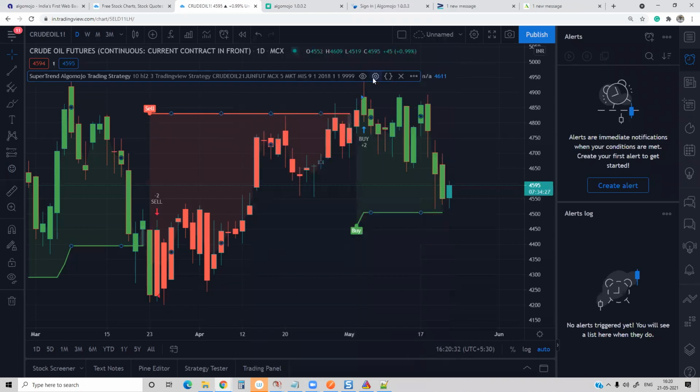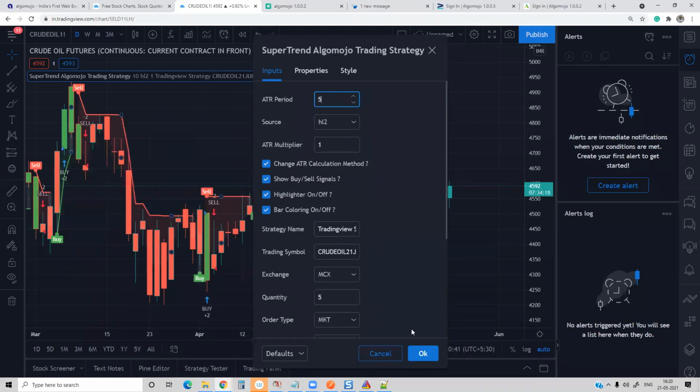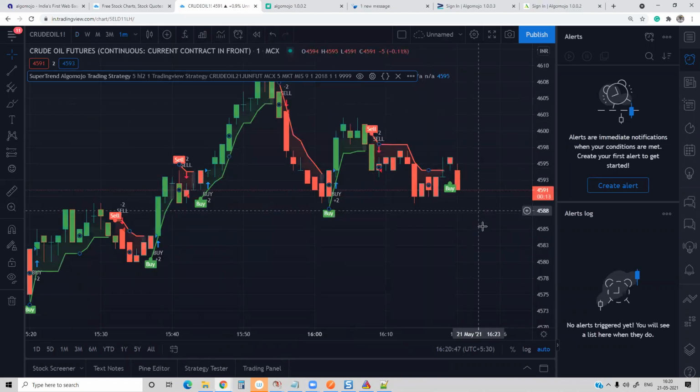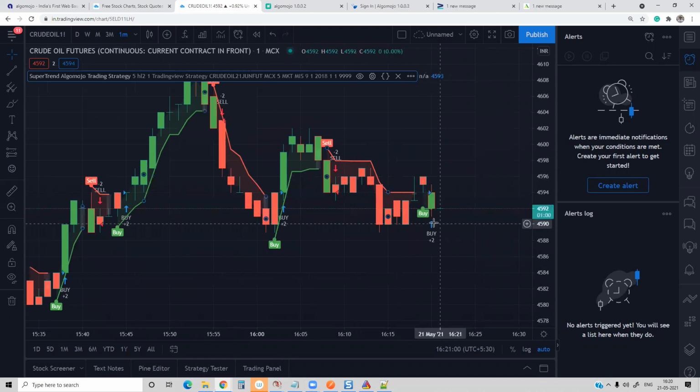Or if I want to set a tighter stop loss, I can control it from the ATR. For the time being, I'll set it as 1 and 5. 1 and 5 means we can see frequent trades from here. I'll go to the 1 minute time frame so that we can generate frequent signals also. The signals are getting very frequent over here. The signals will be generated on the close of the candle. That's how it has been coded. So price has to close above that candle, and on the next bar opening itself, you'll be able to see the signals.